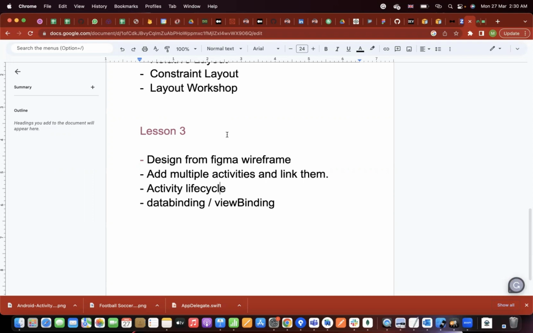create two screens by using Figma. Obviously we will do some things, but this is very important whenever we do a professional project. So the professional designer first prepares the UI and UX and